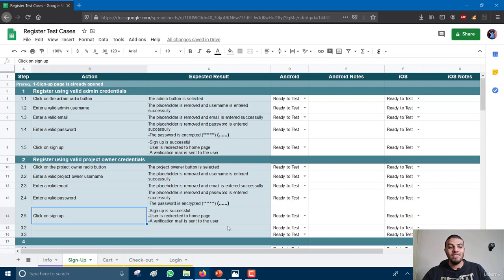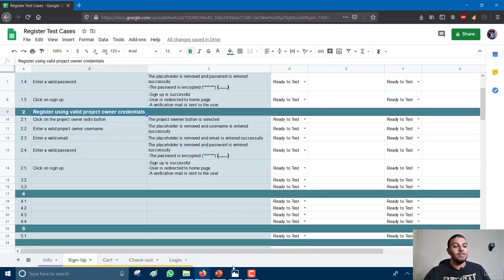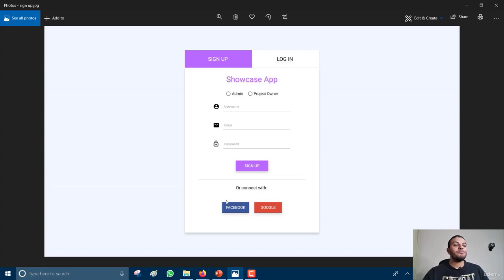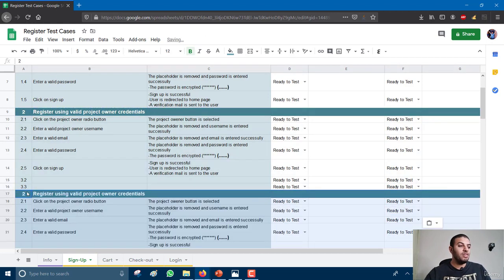What is test case maintenance? That means that you edit the test cases based on the new project, but the same test cases as long as this project is in the same scope as a project that you worked on before. The only challenge is when you have a new functionality that you didn't face before. Here comes the challenge in writing test cases. So this is the second test case. Both are valid. So we can also sign up with Facebook and Google. These are valid scenarios. So we have here 3